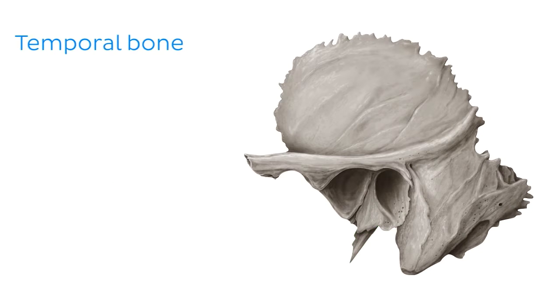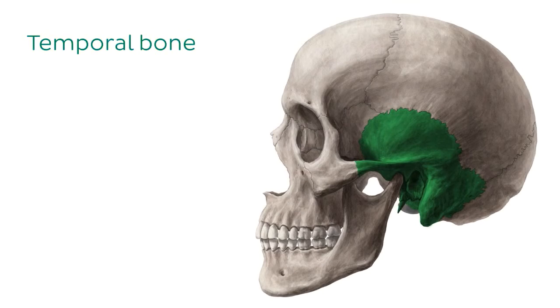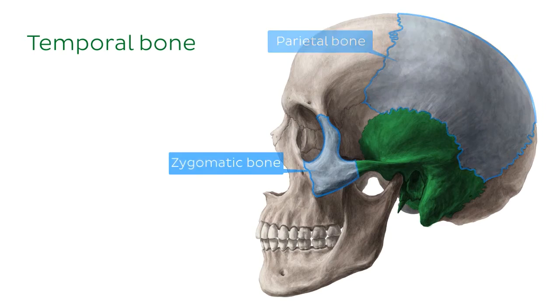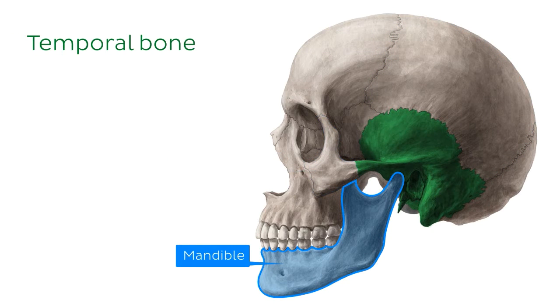Okay, let's begin this tutorial by giving you a bit of an introduction about the temporal bone. The temporal bone is a bone located bilaterally on either side of the skull. More specifically, it is a part of the cranium, which is this region of the skull just here. This image shows the skull in a side-on or lateral view, and the temporal bone is highlighted in green. It is located inferior to the parietal bones, posterior to the zygomatic bone and mandible, and anterior to the occipital